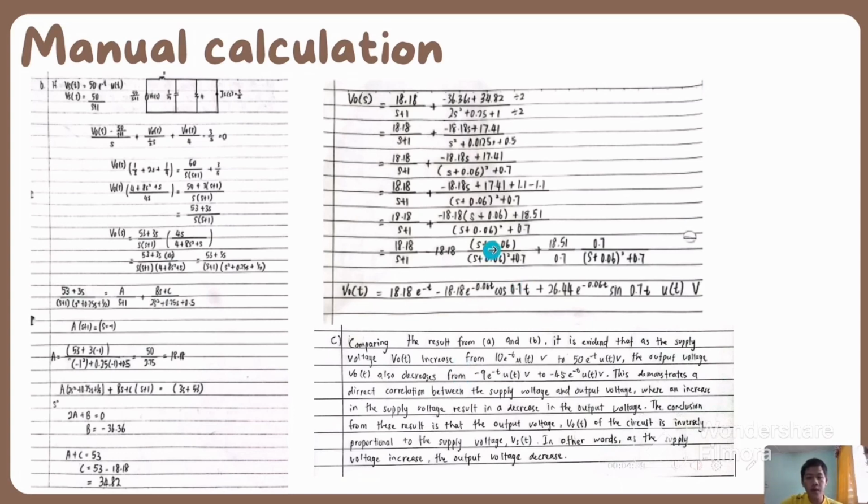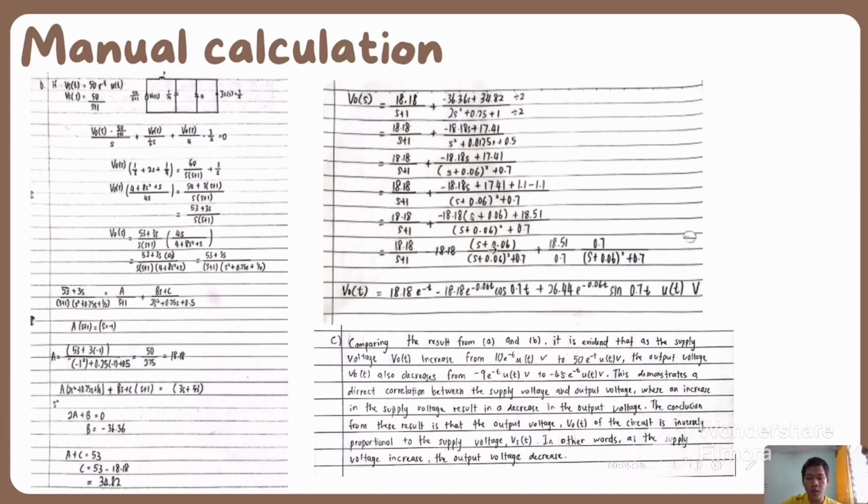So comparing the result from A and B, it is evident that as the supply voltage V naught T increase from 10 exponent negative T UT volt to 50 exponent negative T UT volt, the output voltage V naught T also decreased from negative 9 exponent negative T UT volt to negative 45 exponent negative T UT volt. So this demonstrates a direct correlation between the supply voltage and output voltage, where an increase in the supply voltage results in a decrease in